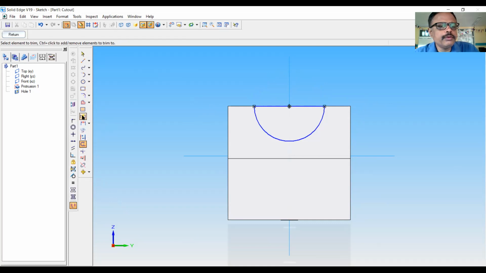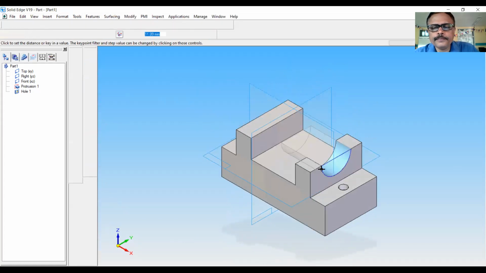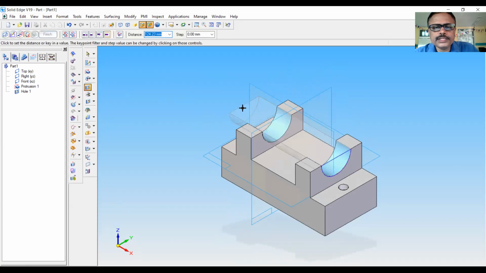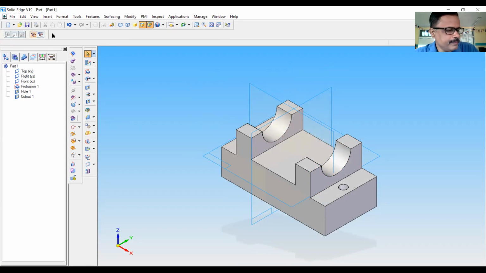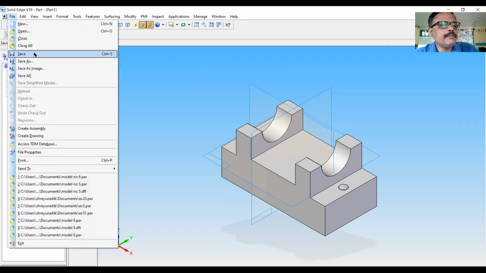Now using smart dimension, the radius, which is 20. Now return. This is the direction for cutouts. Click, finish and cancel. Now the model is ready. Click on file and save the model.